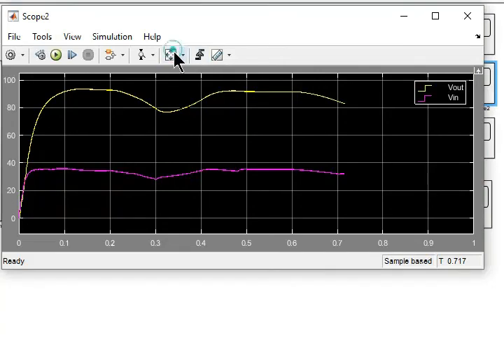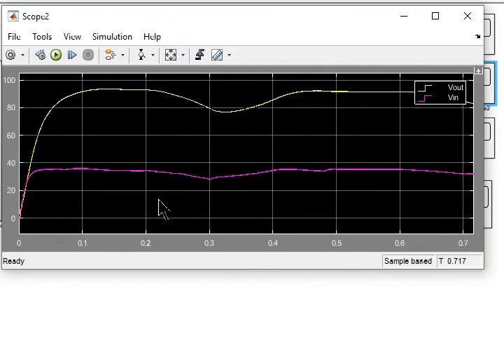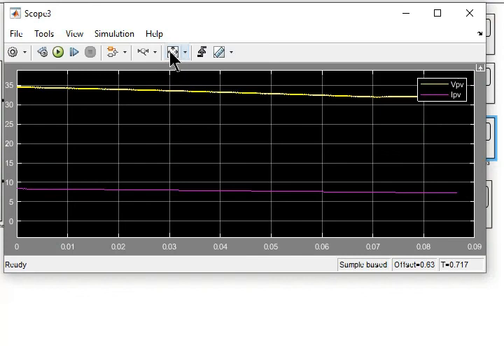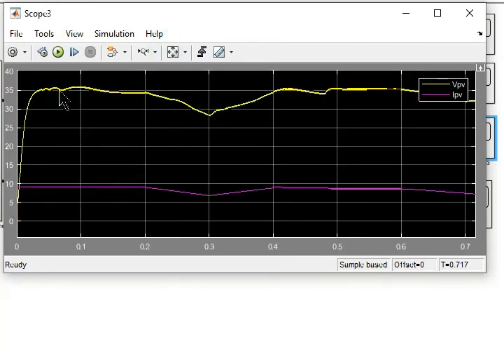Similarly, this is the input and output power. This is the input power to the MPPT buck boost converter. This is the output power of the buck boost converter. This is the voltage and this is the current, as these are affected by the behavior of the G. As the G is changing in the same manner, in the start it's constant, and then at 0.2 it starts decreasing, and then again it's increasing, and then constant, and then decreasing. So the same behavior can also be observed in the current.